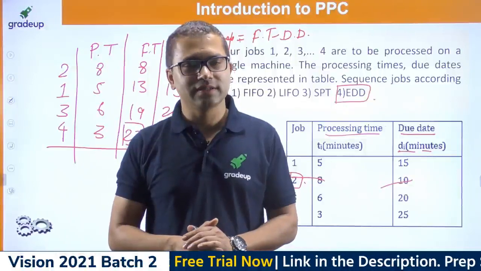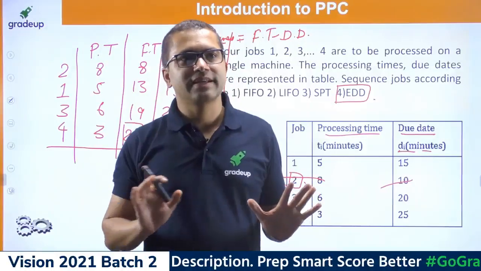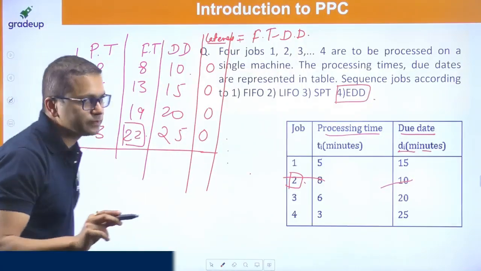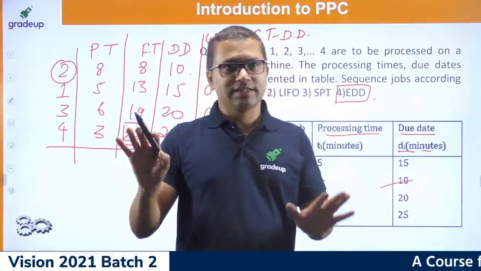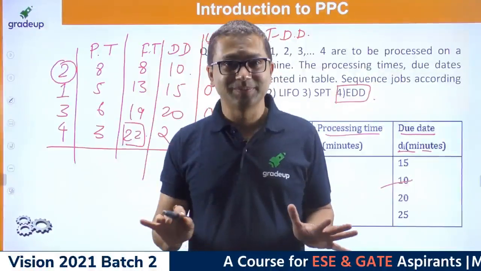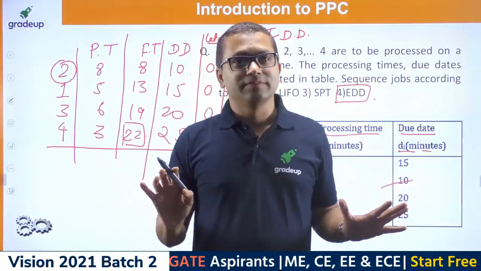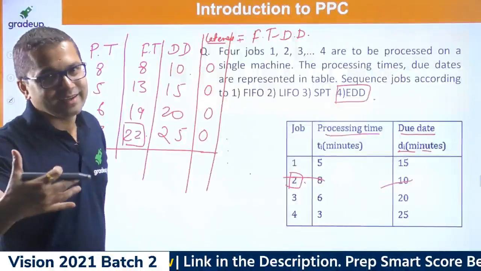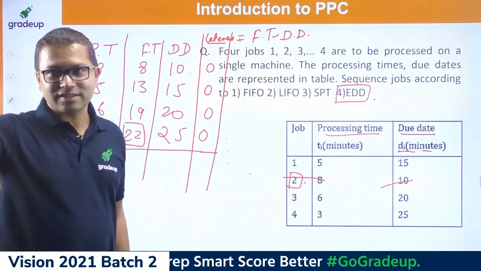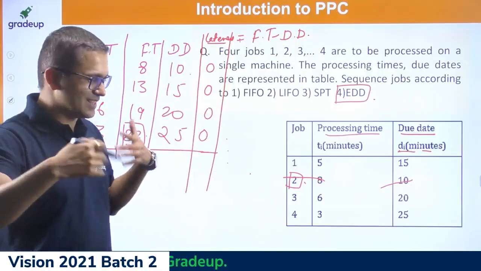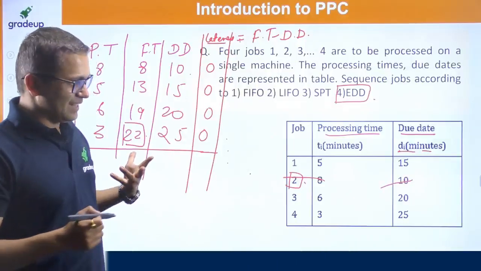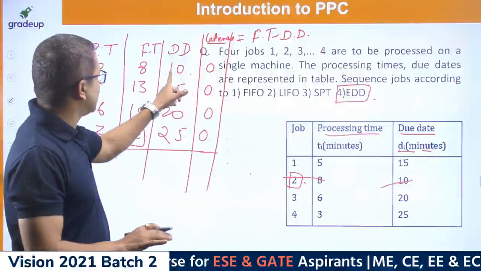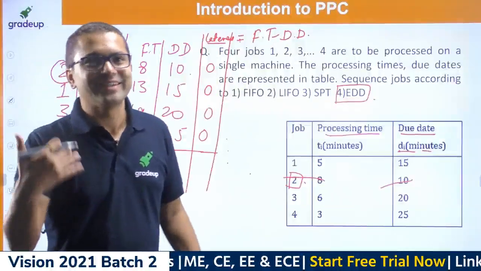So FT is realistic because FT is telling us that after 8 days, we are going to manufacture job number 2. That is what is in reality. Is that good? Yes, FT is realistic. Due date is just a planner's last day. 10 days means that the planner wants you to make the job after 10 days, okay, alternatively.